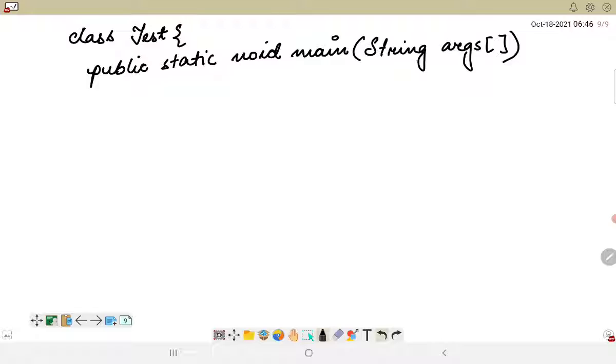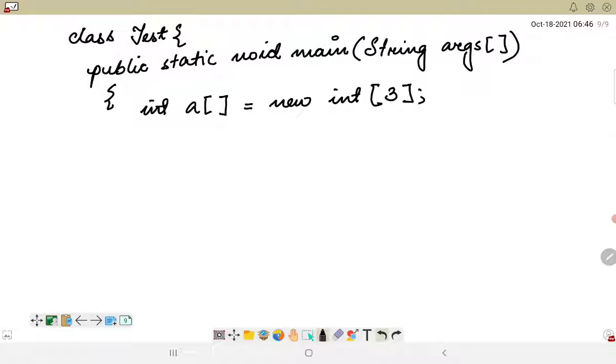We have been working with this array since a long time in each of our main methods. String arguments is also an array here, and then I'll simply use int a is equal to new int, let's say 3.